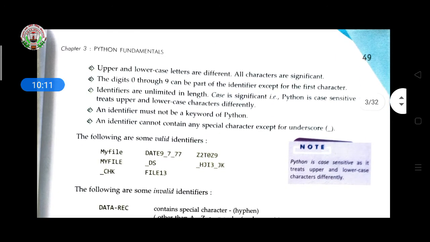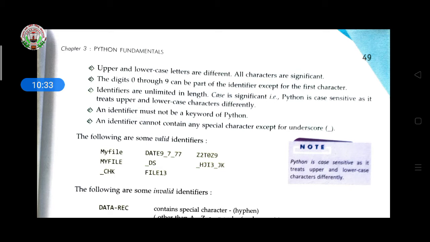Then, upper and lower case are different, and all characters are significant. In HTML, for example, you may use an uppercase tag and at the time of closing write it in lowercase, and it will still work. But in Python, uppercase and lowercase letters are different.